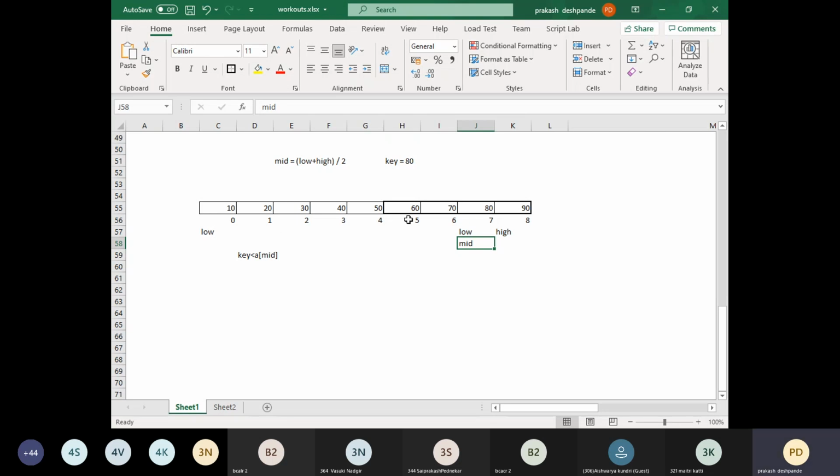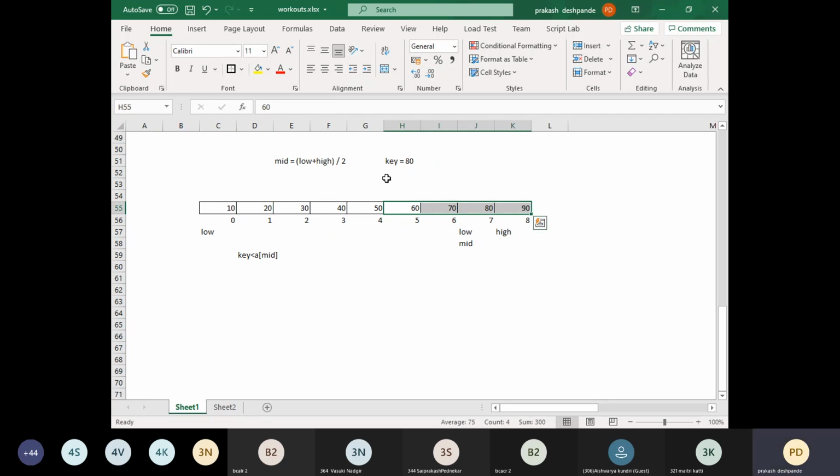So if you carefully observe here, we are trying to divide the given set of elements into 2 halves by calculating the mid position, right? If the element is found at the mid position for the first time, well and good, the search is successful. If not, then definitely the key element is either present on its left half or on its right half.